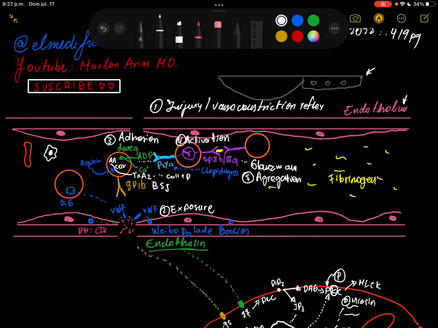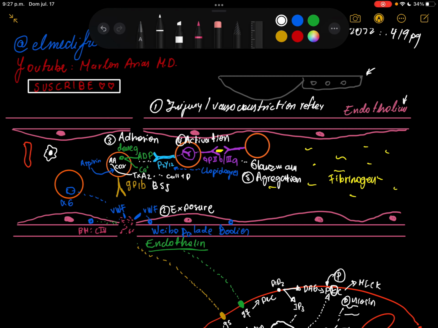And we're going to make a first clot, but there's a problem. This fibrinogen is unstable, so this clot is going to be a weak clot, and we're going to